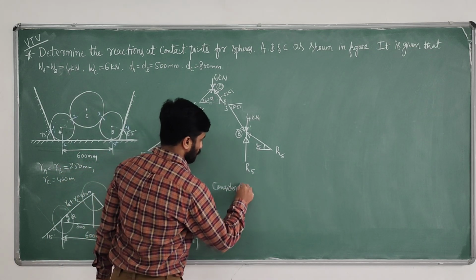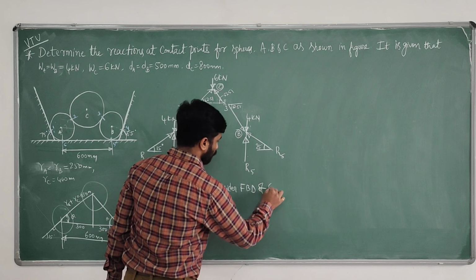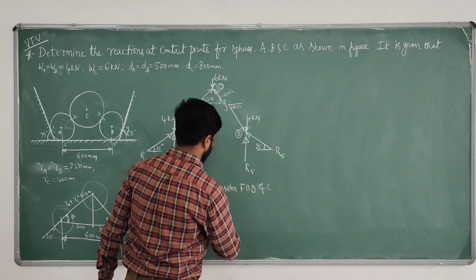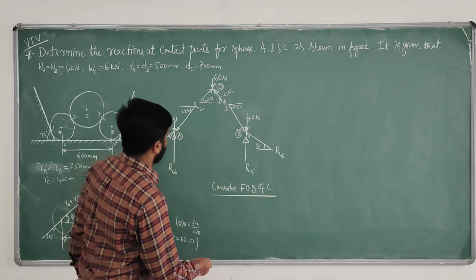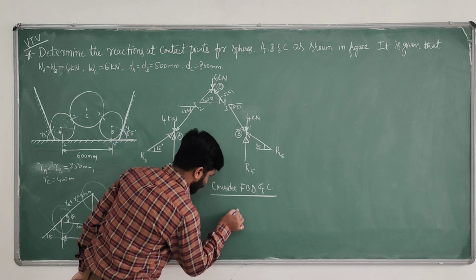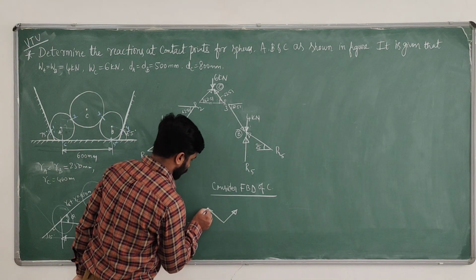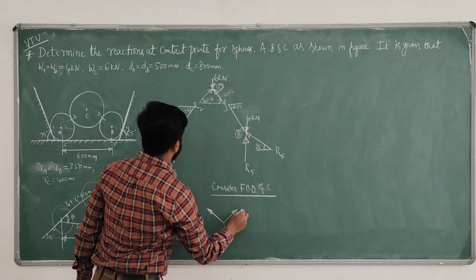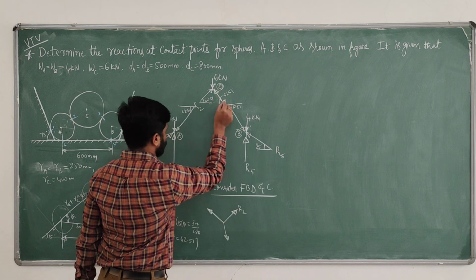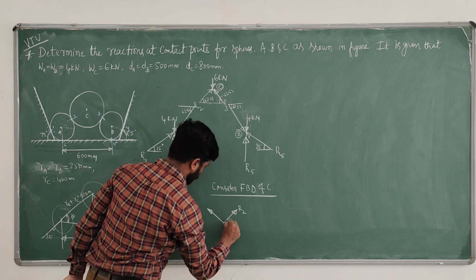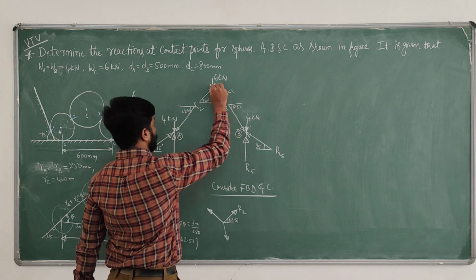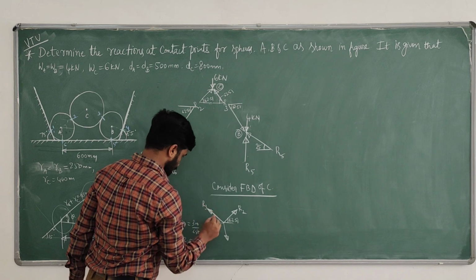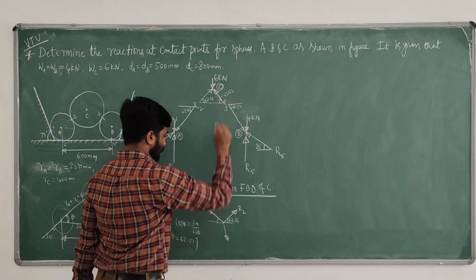Consider the free body diagram of C. Sphere C. For applying Lami's theorem, I am just taking 3 mutually perpendicular forces. I am modifying this. It will go like this. So this is R2, and whatever the horizontal inclination, here the same inclination, 62.51. Here I will apply the principle of transmissibility. Same force, that is the force R3. The angle here, whatever the angle, the same angle, 62.51.